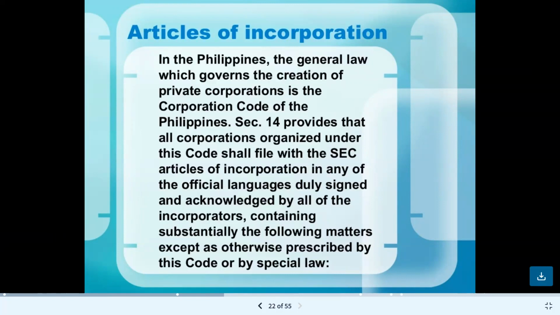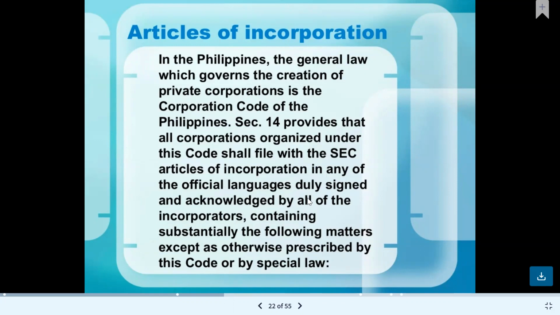Next, let's talk about articles of incorporation. So this shall be filed with the Securities and Exchange Commission. So again, this is part of the formal organization of the corporation. In the Philippines, the general law which governs the creation of the private corporation is the Corporation Code of the Philippines. Section 14 provides that all corporations organized under this code shall file with SEC articles of incorporation in any